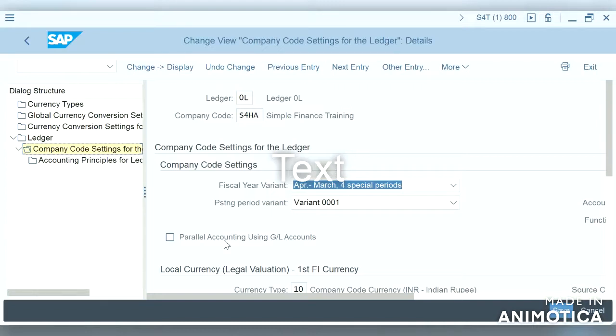When they migrate to S/4HANA, they are not using new GL. They are just using the account based approach based on classic GL. But when they migrate to S/4HANA, if they still want to use their account based approach, they will activate this checkbox. It will be useful for them.